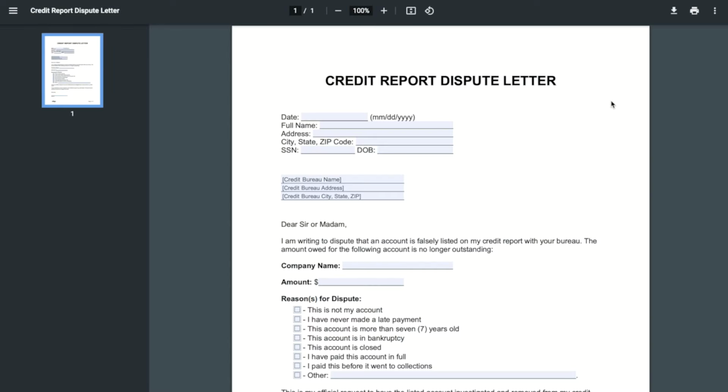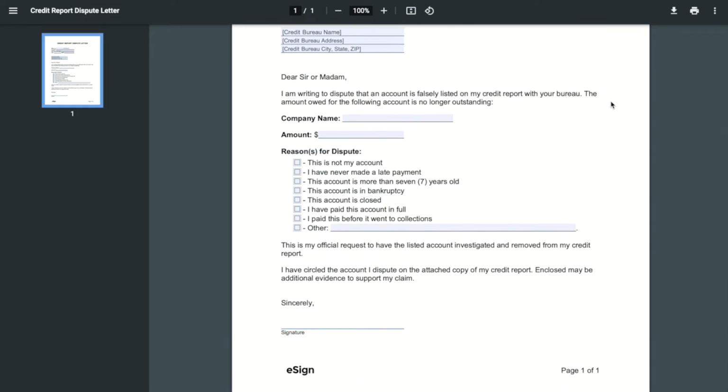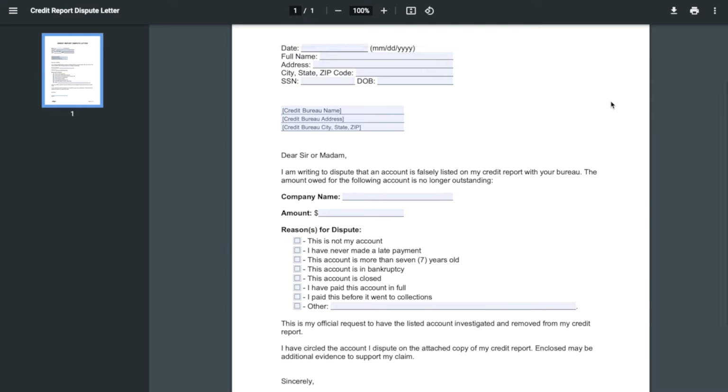So this gives you the full form. So I just clicked download, right? I don't know if you saw that. So I just clicked download, and the moment I did that, the whole form came up. So the reason for my dispute, mine was this account was closed for me, right? I've paid this account in full. So those were two examples that were applicable to me at that time. If you have something that is not any of these, you can click other and then just type specifically what applies to you. Okay. And then as I mentioned, you sign your form,